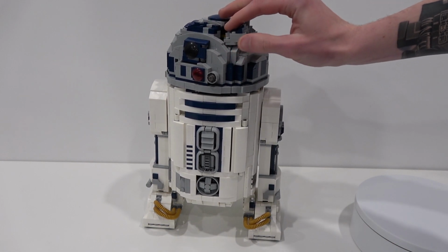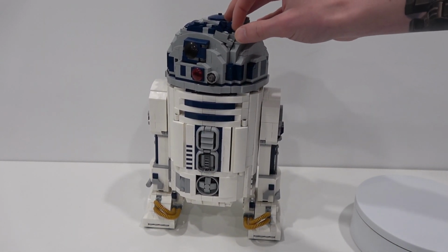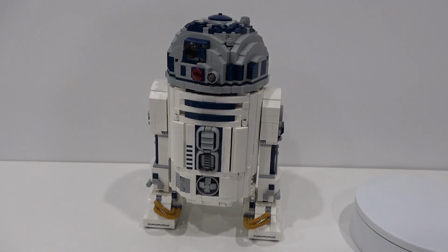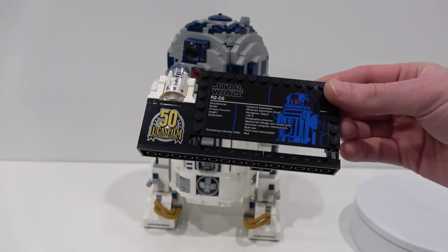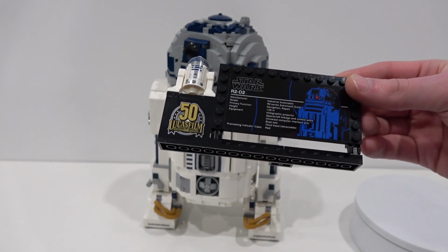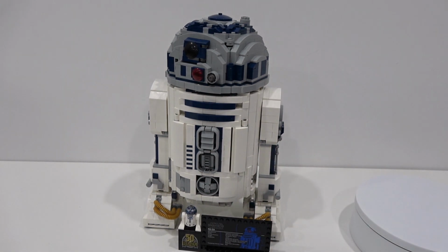That's pretty sweet. Just sort of a casual review, guys, of the Lego Star Wars R2-D2, which came out for May the 4th in 2021 here. And of course, you get that 50-year anniversary special edition print piece, which just makes it that much better. There he is, looking awesome. My favorite droid from the Star Wars